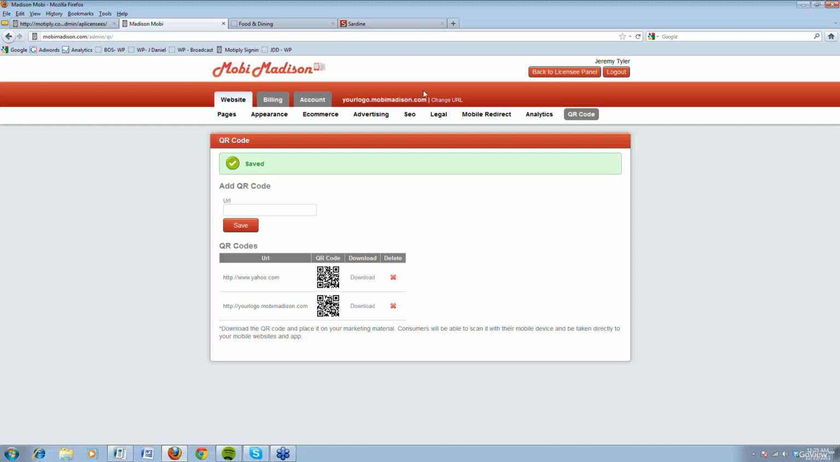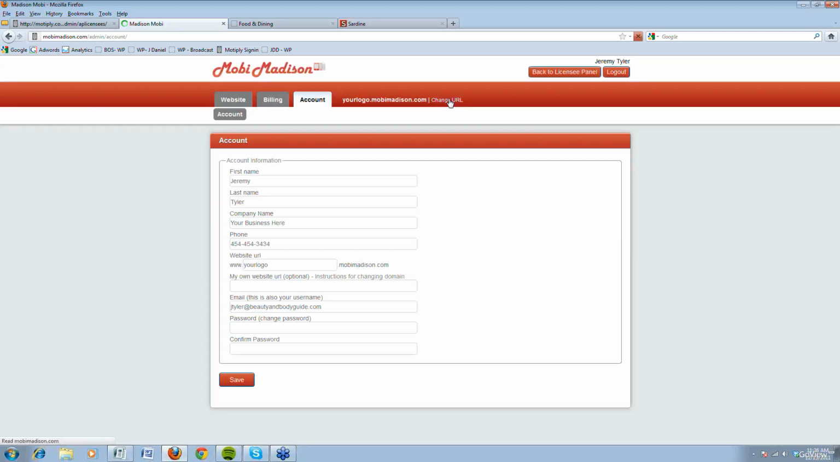So what you would do is click change URL at the top here, or you can click account. When you click change URL, it's just going to take you to the account page. You now see what the current mobile website URL is right here, and you can always change the subdomain of yours to something shorter or whatever you want. But underneath there it says my own website URL. So what you would do here is enter